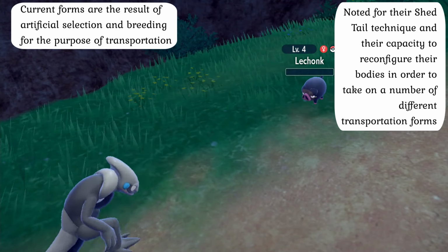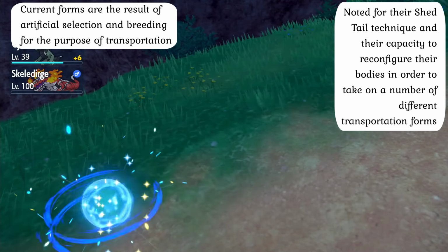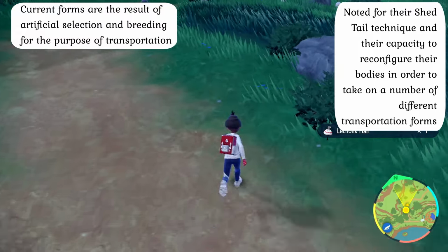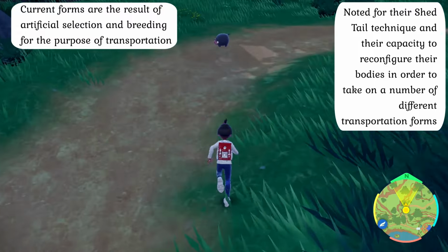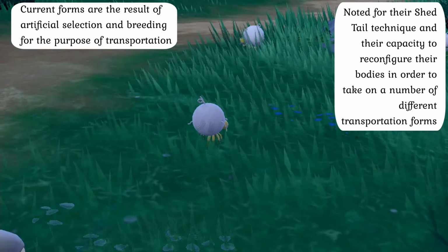Aside from having access to the unique shed tail technique, a trait they share only with Earthworm currently, these beasts are known to be able to take on a different number of forms and limb configurations in order to get from location to location. This includes a base or default state where they walk on all fours, a battle form